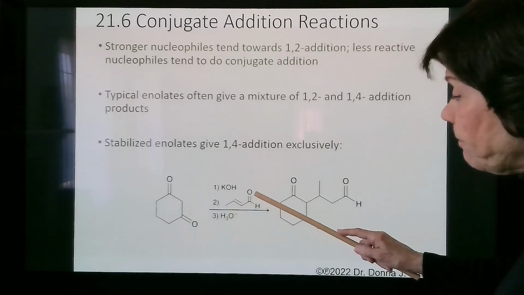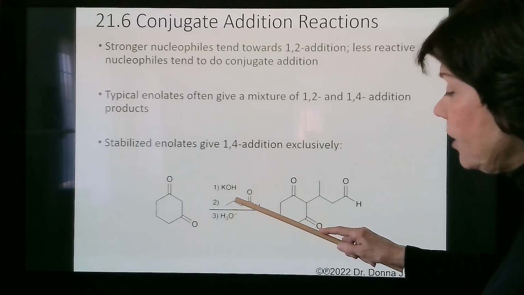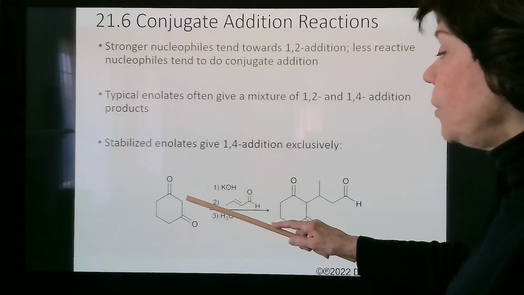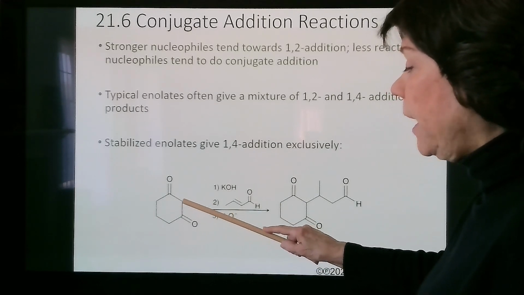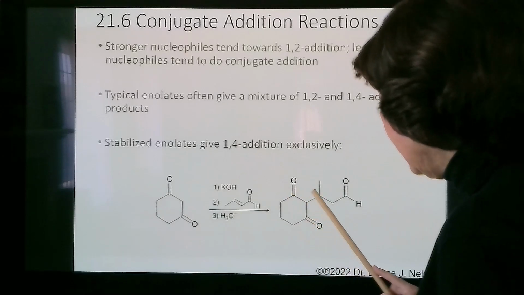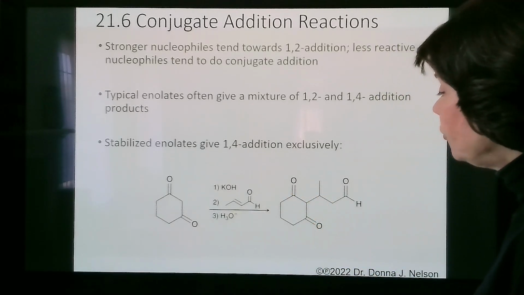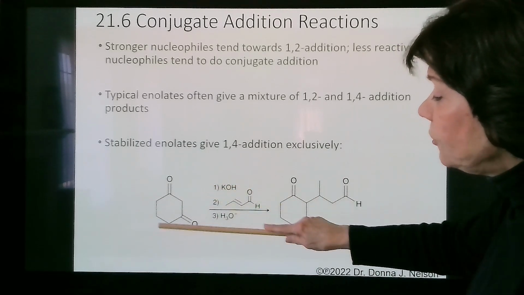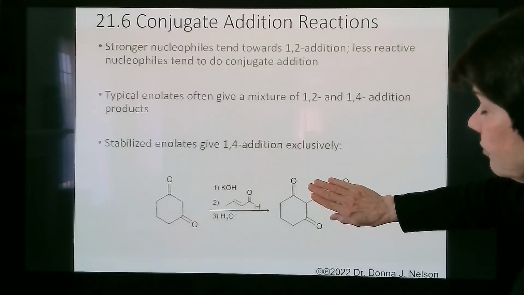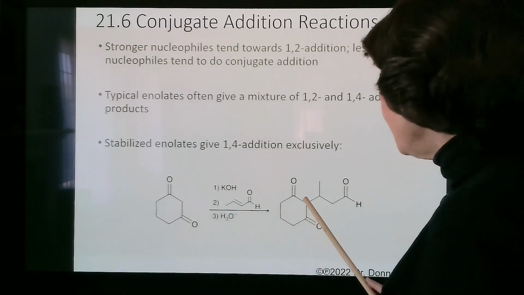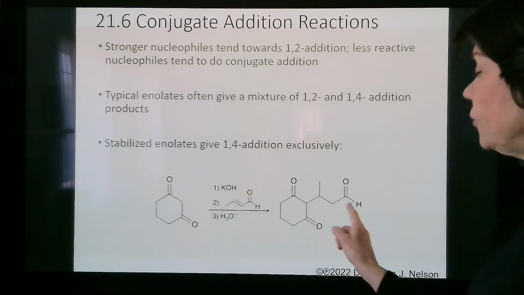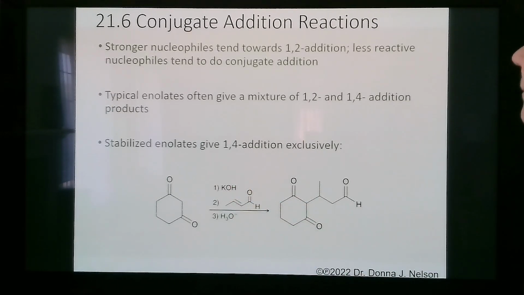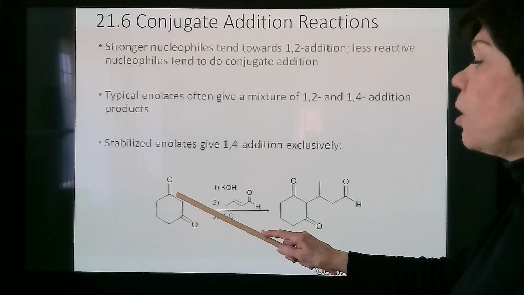And so here is the alpha-beta unsaturated carbonyl. Now we're going to generate the enolate here, and this is going to be the carbon that's going to bear the negative charge. So here is the bond that's forming. And so you can see this carbon skeleton here in the product. The new bond that's formed is here. You can see the carbon skeletons of your two reactants easily. So this is what's called a stabilized